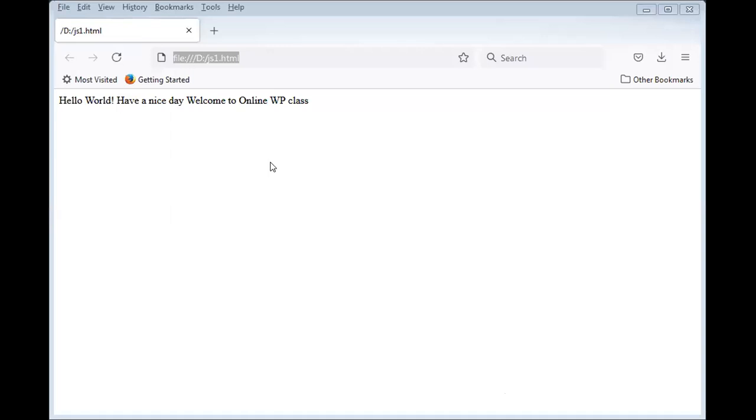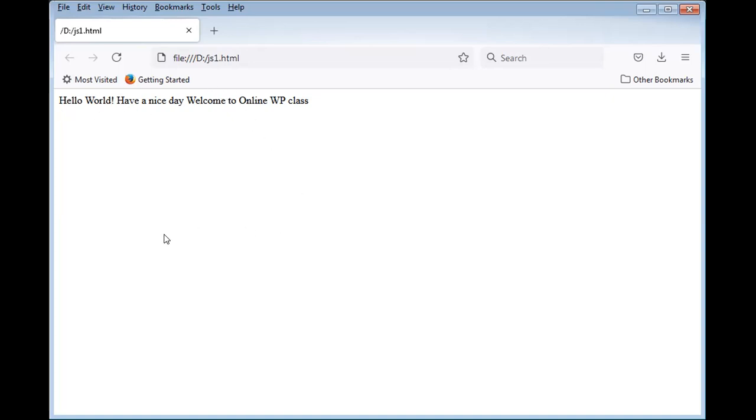And one more thing you could observe: I have given document.writeln, which means it should come in the next line. I think my browser is not supporting that feature. I am running Firefox, so maybe you try in your browser. If the browser supports it, then it will display. In case the browser does not support document.writeln, it won't move to the next line. That's not a big mistake. You try in your systems. So this is how it will work.